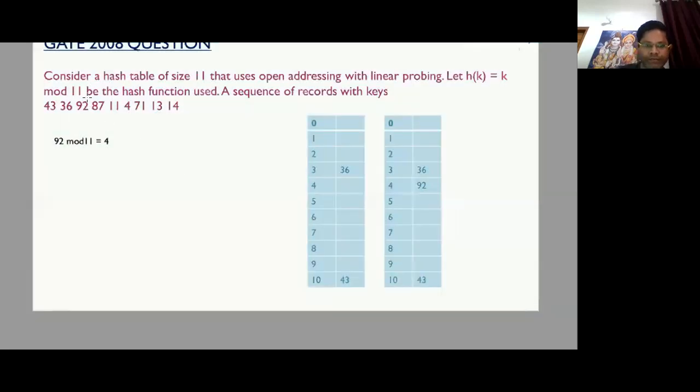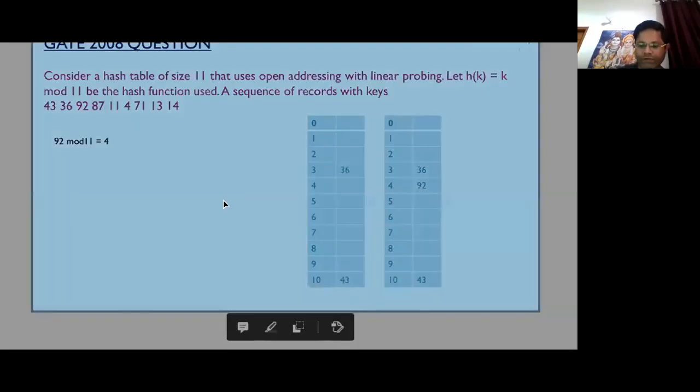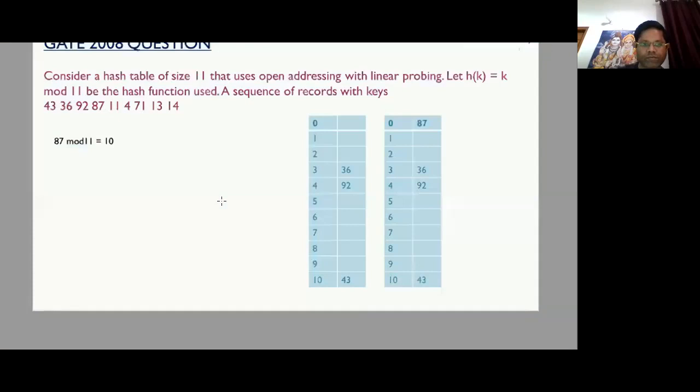Okay. Now again, the next value in the sequence is 87. Again, calculate 87 modulo 11. So what does it return? It returns the value 10. So what will happen? You look at the 10th slot. But since the 10th slot is full, what do you have to do?